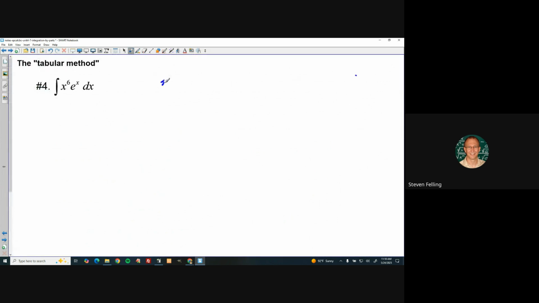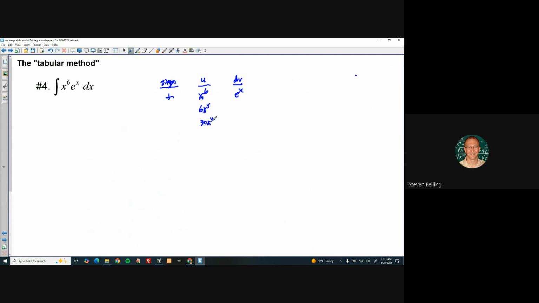I'm just going to say we have a sign. We're going to have the u. We're going to have the dv. So this will start at plus. The u is going to be the x to the 6th because that'll get simpler. E to the x will not change. And then we're going to take derivatives on the u column until we get to 0. So this would be 6x to the 5th,